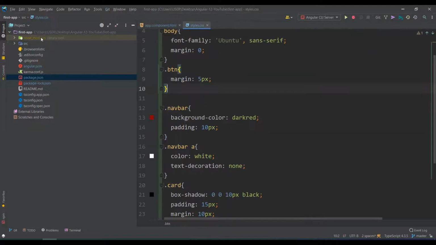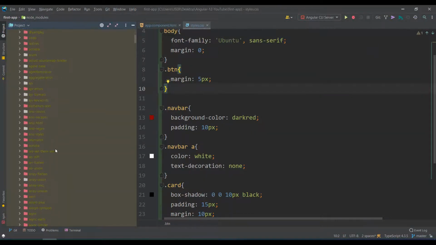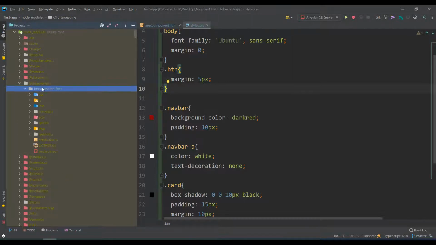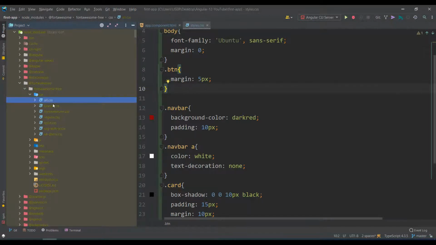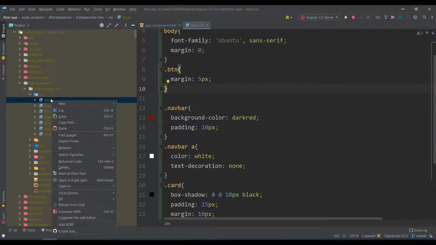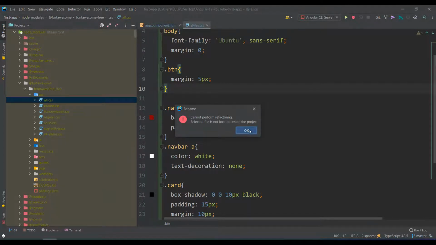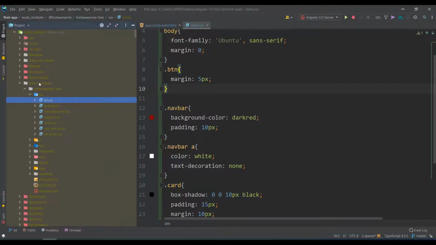So where is the actual file? You find it in node_modules. You go to node_modules, there is something called @fortawesome, and in that fontawesome-free, in the css folder, there is all.css. So this CSS you have to connect to your application. So you have to give this path